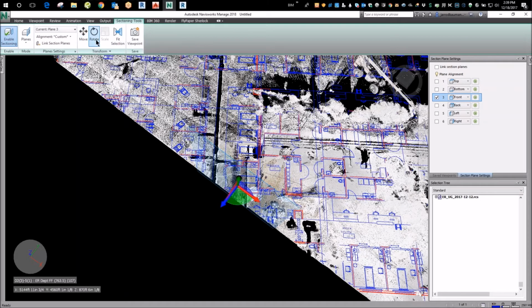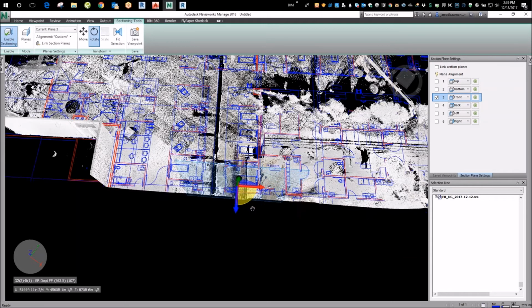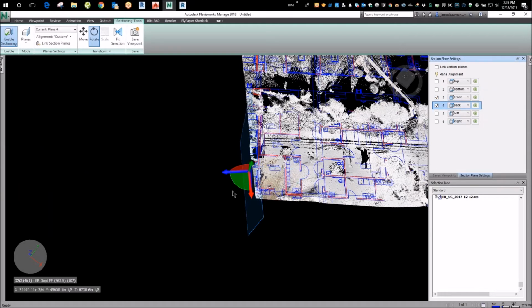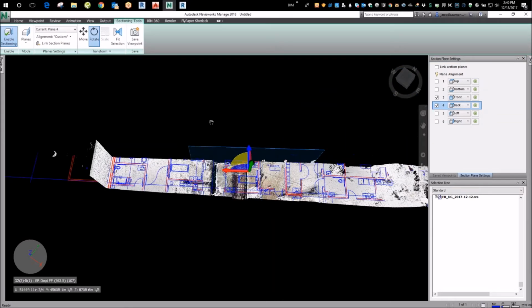So change it to the rotate manipulator and grab this green half circle or quarter circle on the bottom, pie shape, and just rotate it to where it kind of matches up to the CAD plan. And you do that for both front and back. And now, that's interesting. How did I get back rotated so messed up? I'm going to get that one fixed. So put my back